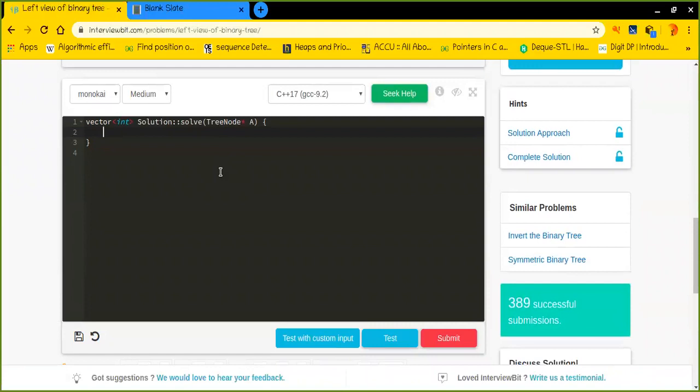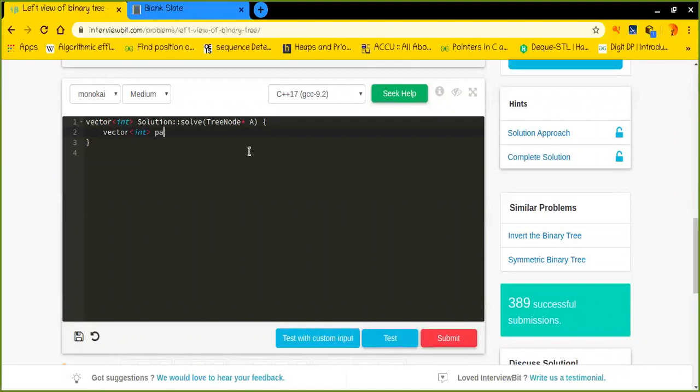Right here, it is expecting not to print anything, but to return a vector, an array, the path, basically the view of the left side. So we will simply save the particular elements I encounter on my way, and return that. Quickly writing the code.